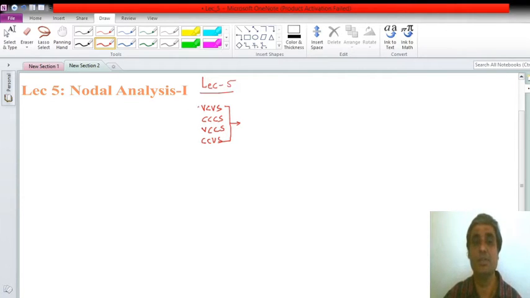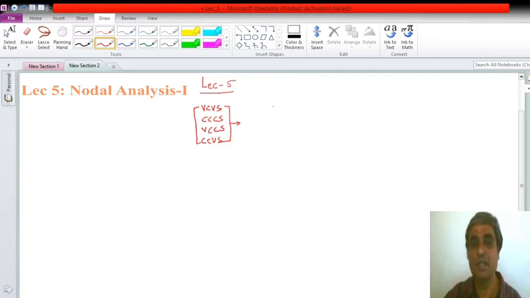Once I know the independent sources, dependent sources, Ohm's law, Kirchhoff's voltage law, Kirchhoff's current law and power balance, I would like to now write the equations for the circuits. Obviously I can write using Kirchhoff's voltage law as well as Kirchhoff's current law, but if the circuit is more complicated, which will consist of, let's say, 3 meshes and so many nodes, it is highly difficult to write the equations using them. So for that I should know some systematic methods.